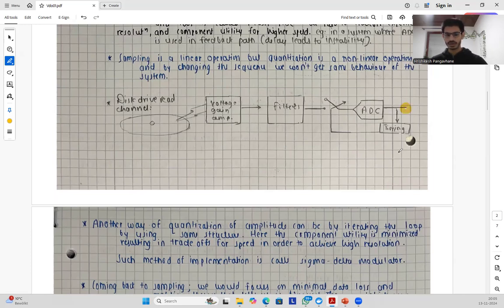Let's say you're driving a vehicle and you want to drive at 50 kilometers per hour. This is your desired speed, right? But to attain that desired speed, let's say you are at 30 kilometers per hour, driving with a speed of 30 and you want to go to 50. So what you'll do, you'll accelerate, right? But at the same time you will also be looking at the speedometer to see what the speed is. You'll accelerate, and when you reach 45 kilometers per hour, then you'll reduce the